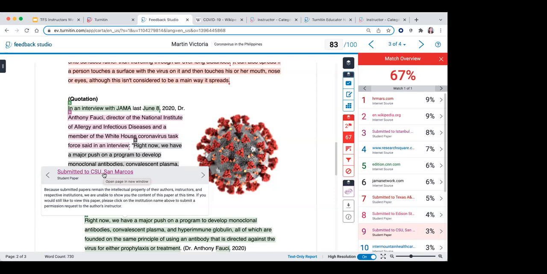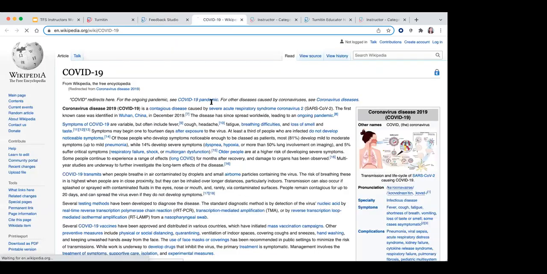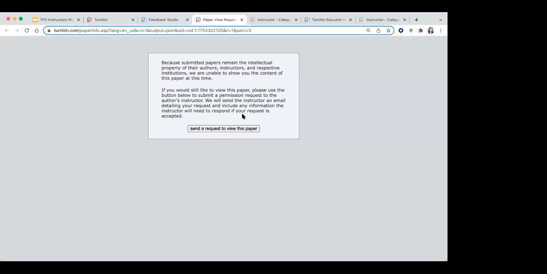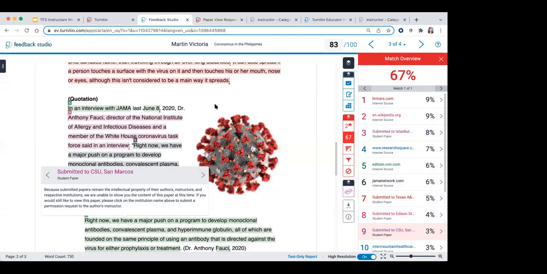So all you have to do is click on that institution's name and then send a request to view the paper. Since it belongs to another institution, they can say yes or no to that. If they say yes, you can definitely get the information through email. Okay, here we go. Now,